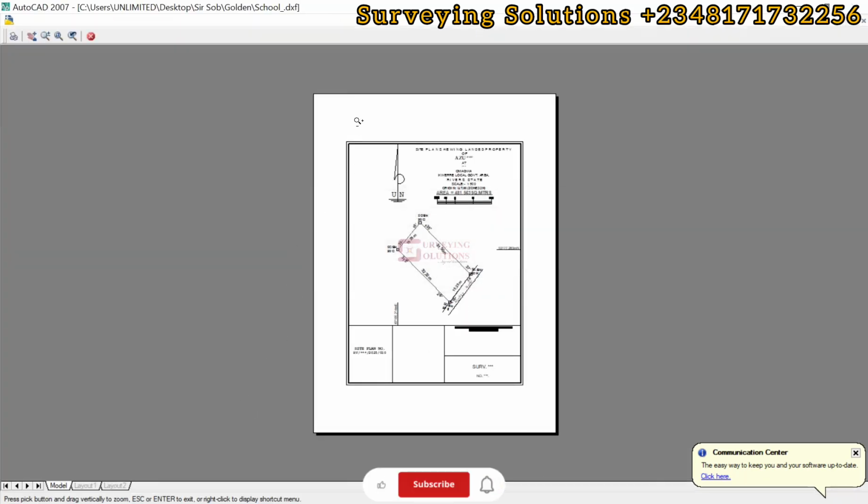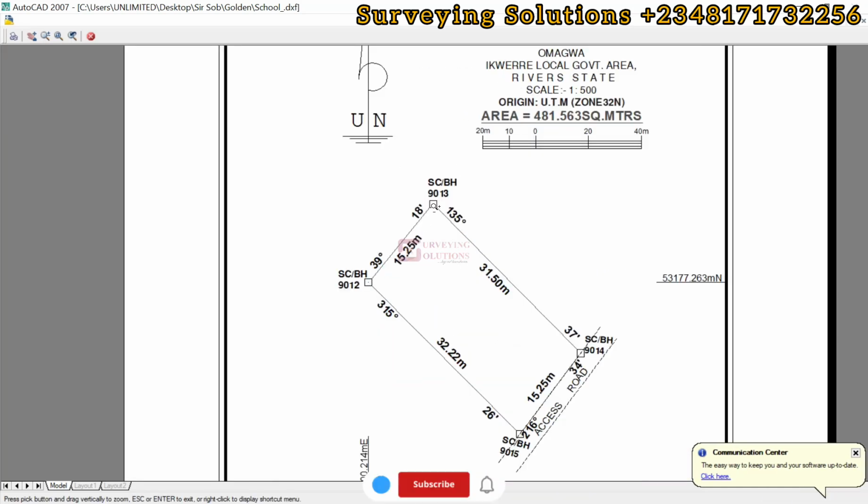not really cover the extent of our A4 paper, but it is better, because when you print it and someone uses a scale rule, the person can actually define the extent here, the length here to be 12.25, the length here to be 31.50, the length here to be 12.25, and then the length here to be 32.22. So the essence of today's